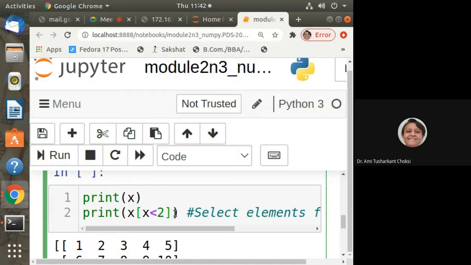We are habitual of using, say, X of something. Then we consider it as an index, isn't it? So this is called the Boolean index, right? Here no slicing is there. Slicing is there only when we consider what? 0 to something, right? That is a numeric range we are specifying. There we consider it as slicing, right? Numbers are there. This is a Boolean index, right? So we'll not say it as slicing. It is a Boolean index, right?